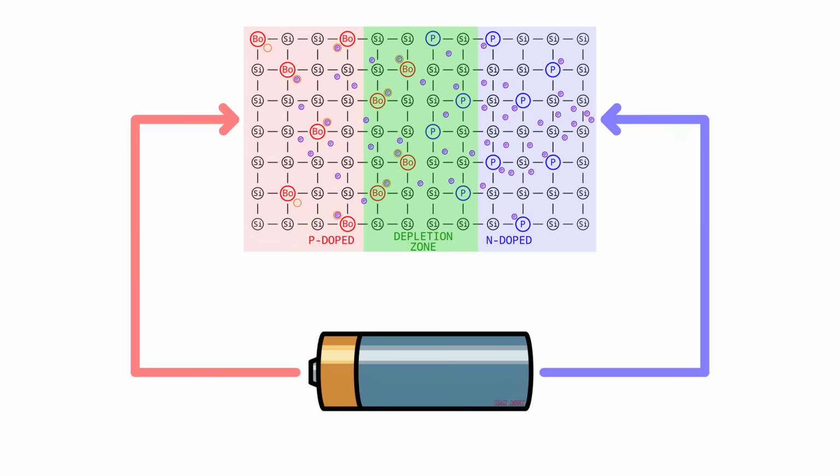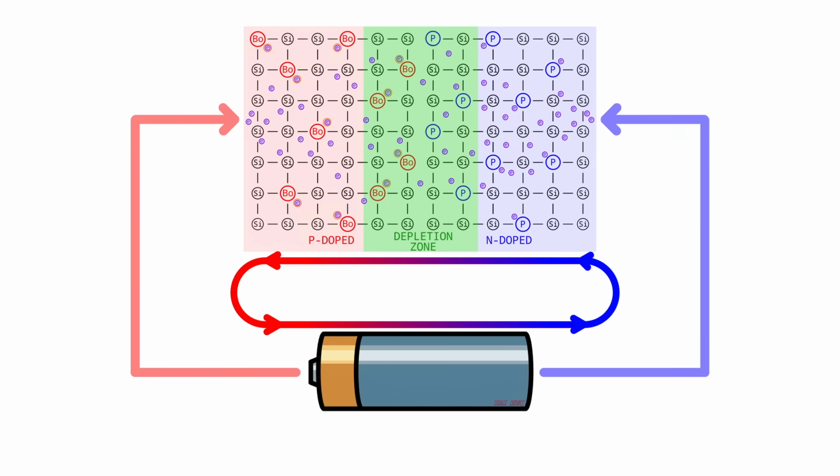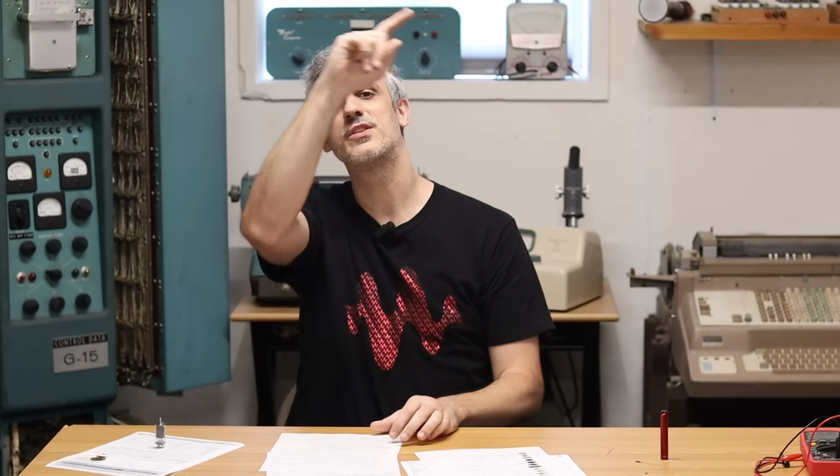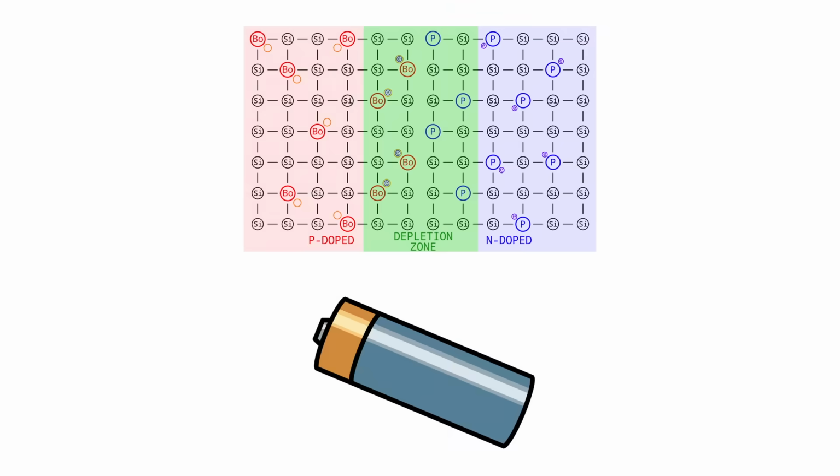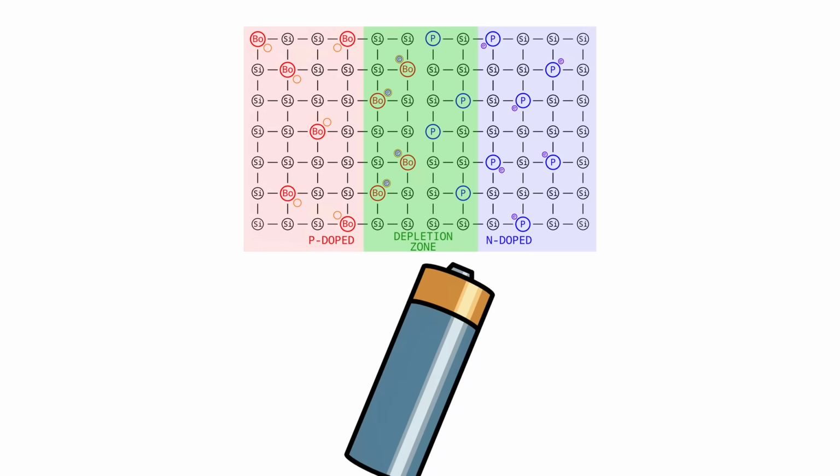So they start to migrate through the depletion zone into the p-doped material. Since we have a large positive charge over there, it's pulling them away, and you allow electrons to flow in one direction. However, if we switch it around and we put the negative side of our battery on the p-doped